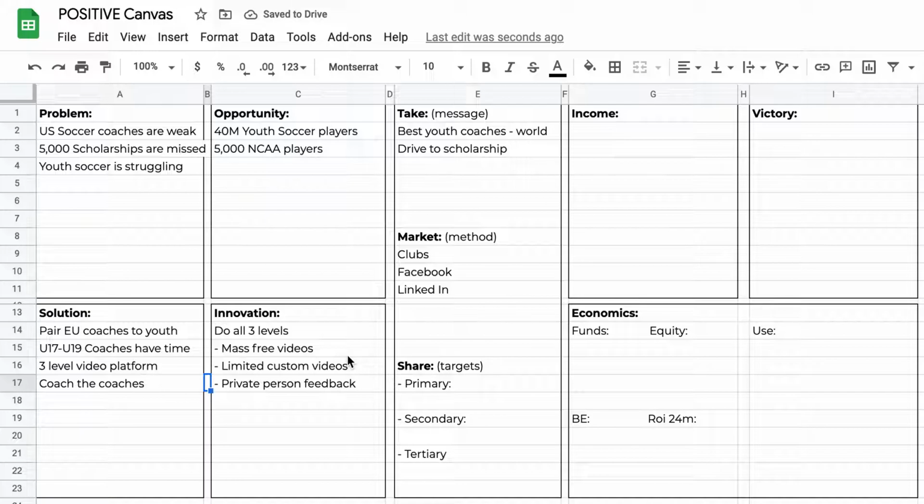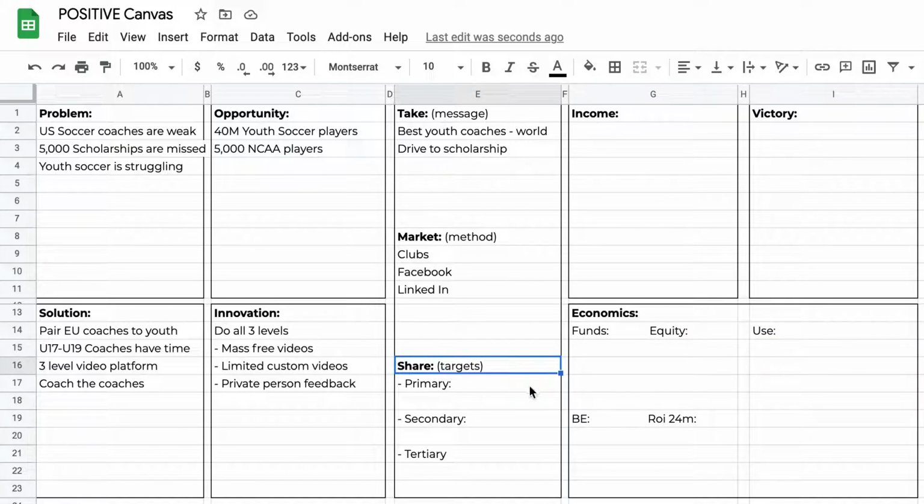As you're working through this, it's meant to be a living document. You don't finish one piece and never come back to it. You're always bouncing from solution to, oh, how much money could we make? Well, how are we really going to achieve victory? What's going to separate us? How much money do we need? And then how are we going to use that money? Okay, so you can bounce around while you're doing this.